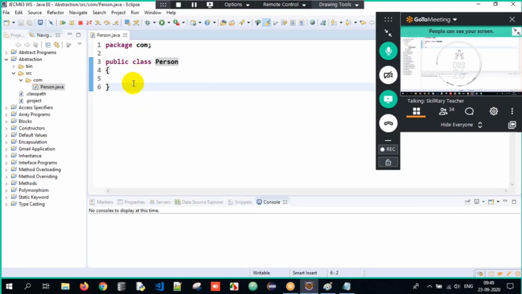But in order to achieve abstraction, rule number one is to create an abstract class or interface. So we will make use of an abstract class. Is this an abstract class? 100%. How? If a class is declared using the abstract keyword, sir, it's an abstract class for sure. Now here, I'll have an abstract method, void work method. I have an abstract method.